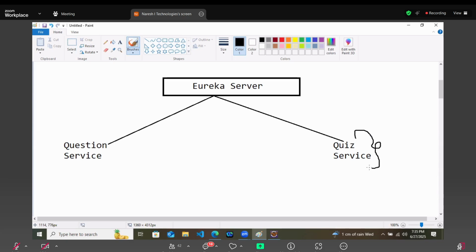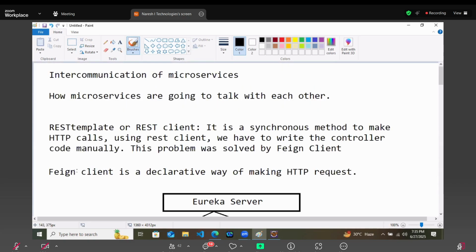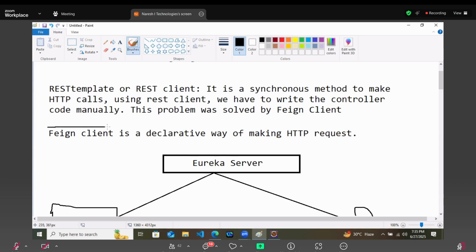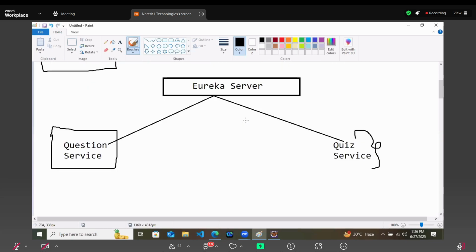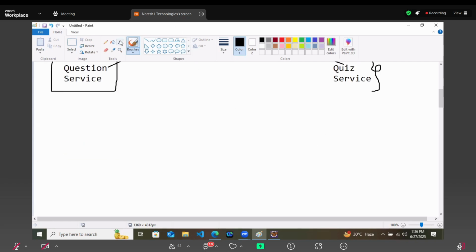All the question is stored in database inside this Spring project. Now how two Spring project will talk to each other? That is called your Feign client is used there. In REST template you have to type your code manually, and this is very hectic thing. So we have Feign client.